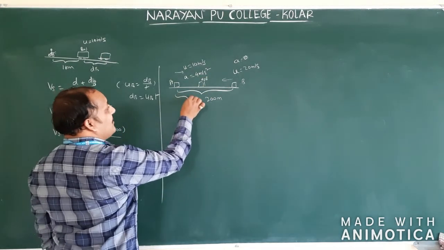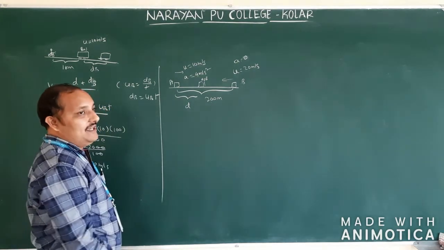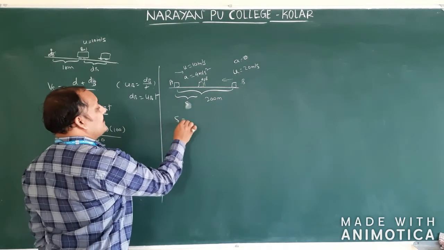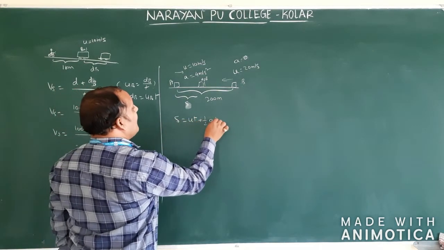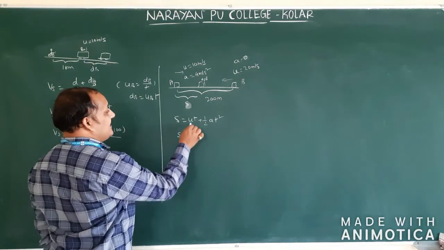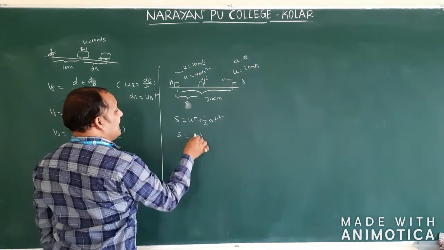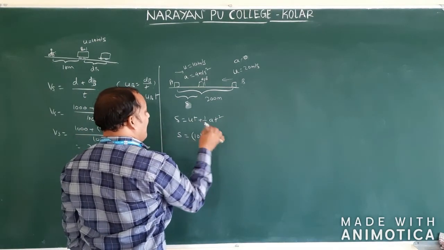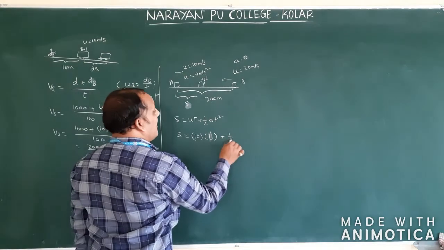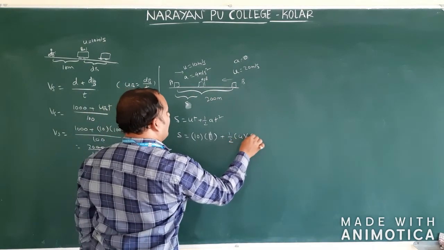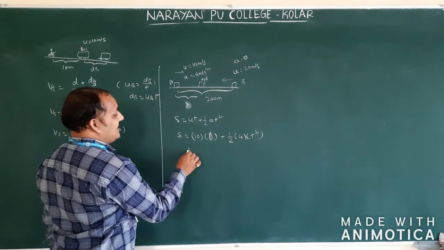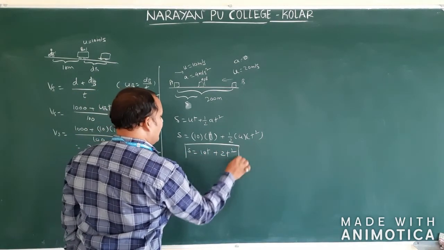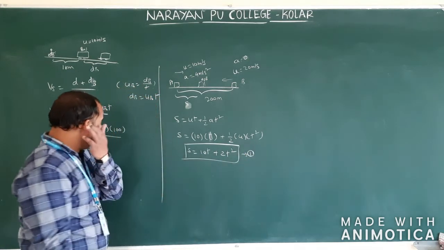Okay, how much distance is it going to cover? Let us assume D or S, we can take S also. This S is equal to ut plus half a t square. S is equal to u value, 10, t, and a value 4. Sorry, we have to calculate t only. 10t plus half of 4 t square. Okay, so S is equal to 10t plus 2t square. Call it equation number 1.